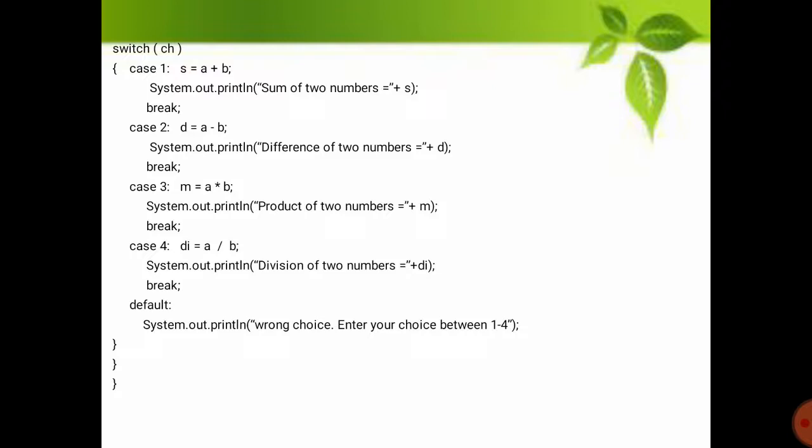And after the default case the curly brace is there. Okay, switch starts with the curly brace and ends with the curly brace. Then we have put the curly brace for the main function and the last curly brace for your class. In this way this program can handle the 4 user choices, one for the addition, second for the difference, third the product, and fourth the division.